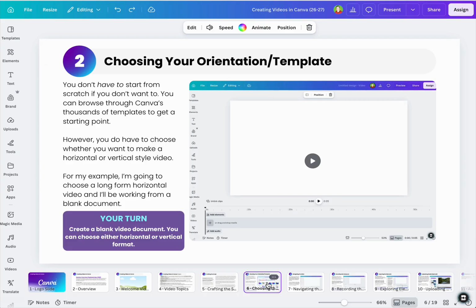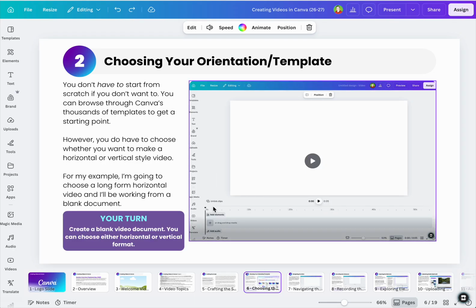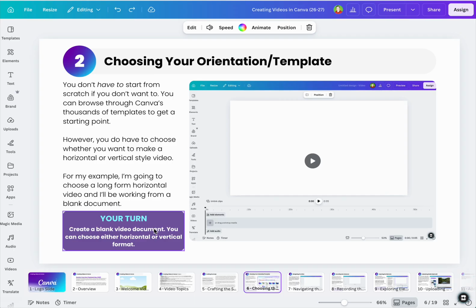We'll start by choosing the orientation, whether that's a horizontal, meaning traditional television video, YouTube video, or vertical, which is that social media reel style video or YouTube shorts. You can choose either. For mine, I chose the horizontal, but I went with more of a documentary style, nature documentary style with the tadpole story. Completely up to you. Anytime you get to one of these and you see this purple box in the corner,